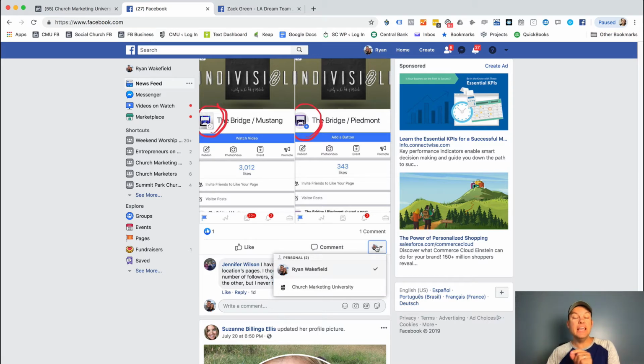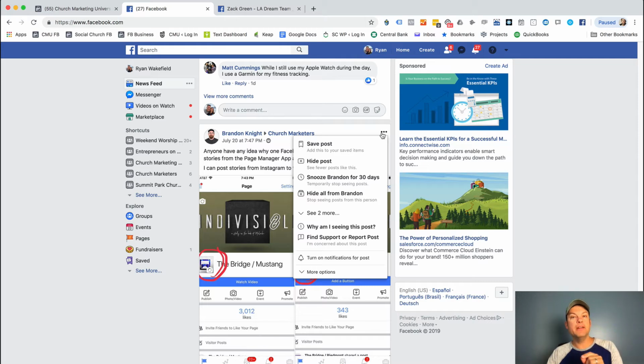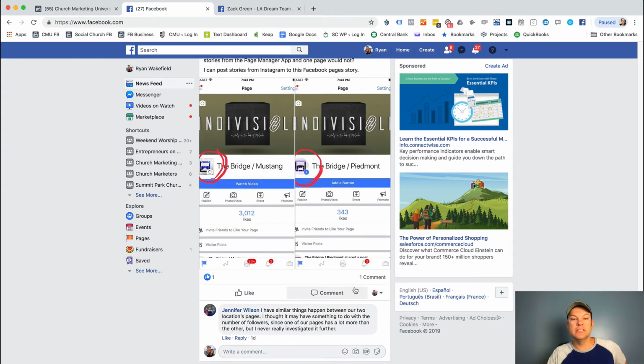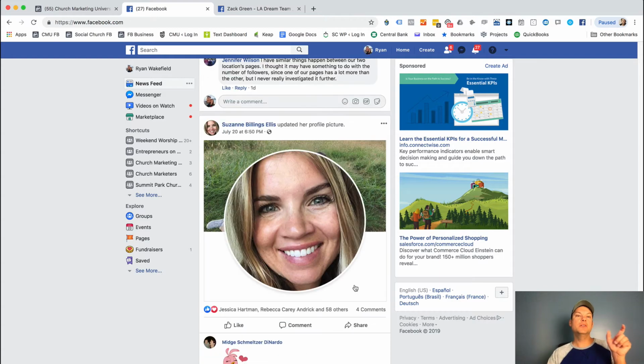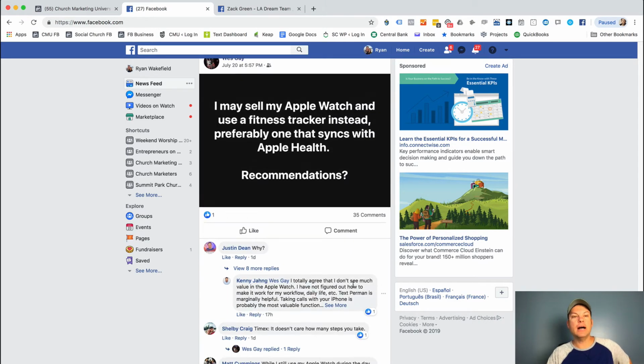So anytime you see a down arrow on social media or these little dots, it's to your benefit to click on those, kind of lean in and be like, okay, what options is it giving me with any down arrows or dots? Okay, so there you go. That's how you would do this kind of on the page side or the personal side. Lots of good options there.